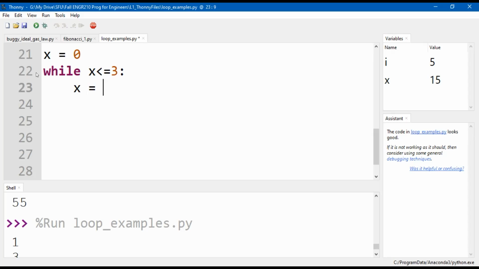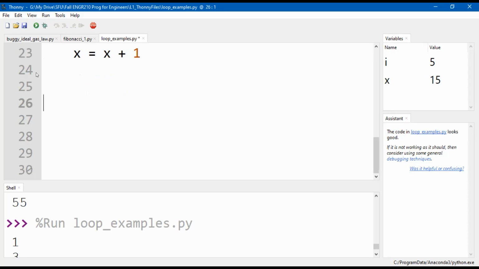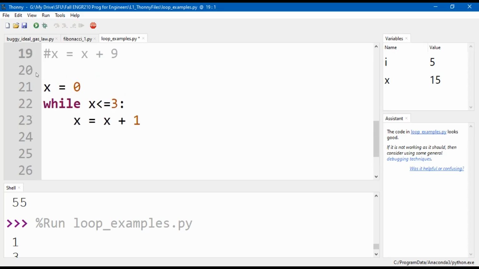And inside of that, each time you run through this loop, take x, add 1 to it, save that as x. Okay, so if I went through this line by line, it would look something like this.